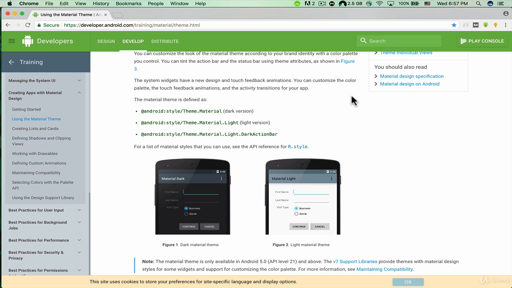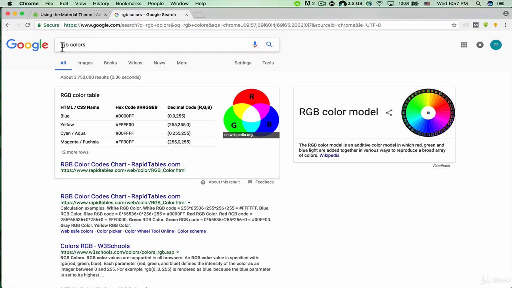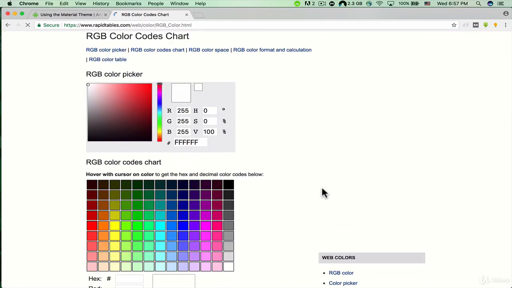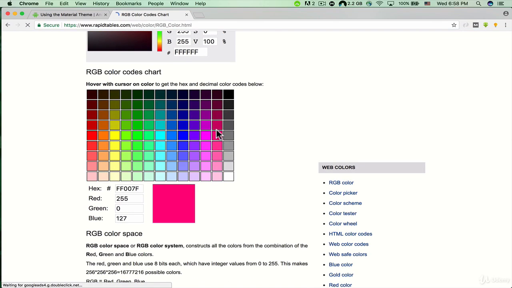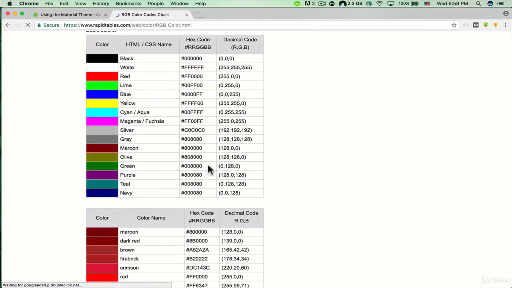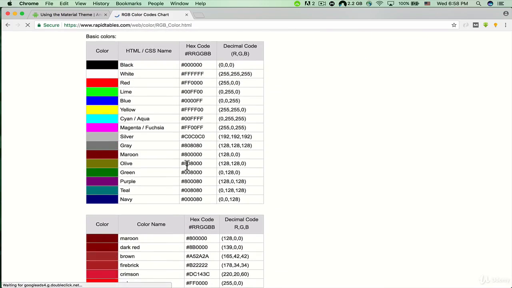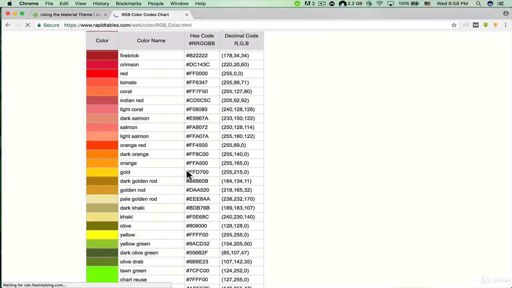So it says you can customize the color palette. The color palette uses RGB colors. So I just opened another tab for you and searched for the RGB colors. We can click on this link here, RGB color codes chart, and here we can find some RGB colors. So for example, we can find this color, and if I click on it, let's go down here, we can actually see some other colors here. For example, this